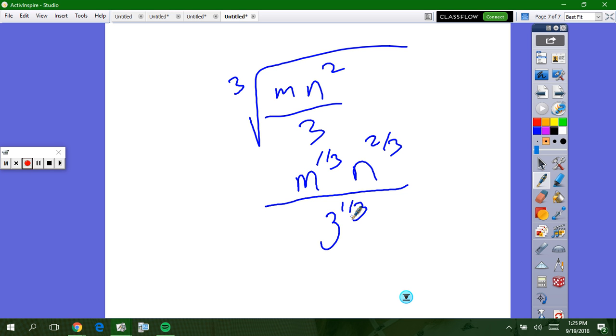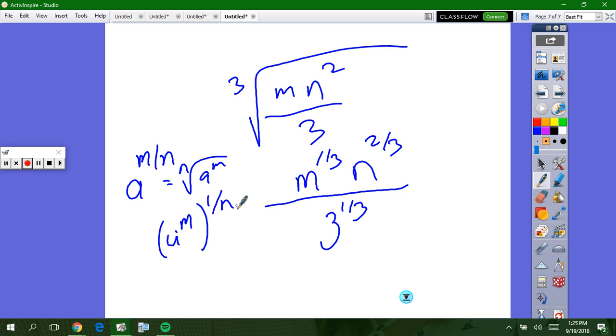Okay, notice, ladies and gentlemen, a to the m over n. Remember, I did show you that was the nth root of a to the m. But you could also write it like this: a to the m raised to the 1/n. You might want to know that as well. Once again, guys, how do we do power to a power? We multiply, don't we? So if I had m times 1 over n, wouldn't that be m over n? If I just plug them right across fractions. I know fractions are your favorites, but